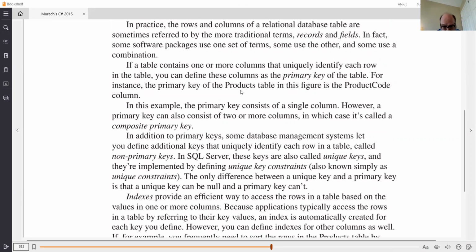Sometimes, in order to create a primary key, you need to combine more than one field. If you do that, it's called a composite primary key. That's not that big of a thing. All right. But what you want to do with a database is you want to be able to look up